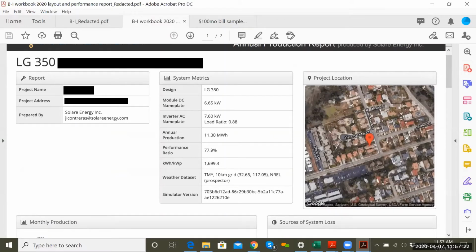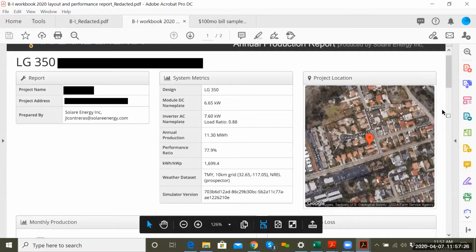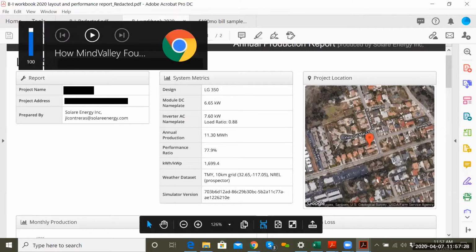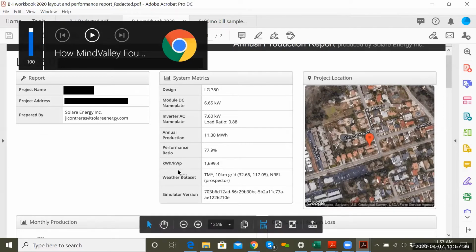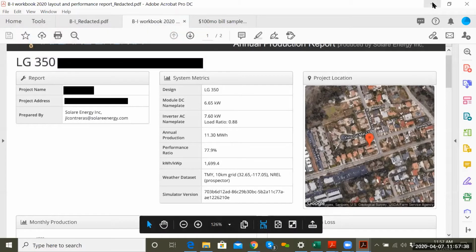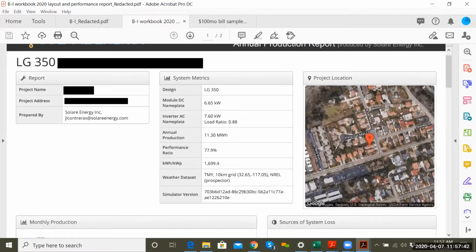Well, probably the most useful part of this is it's both a visual aid to allow us, the solar contractor and consumer, to get a visual with regards to where the panels will go on the roof, as well as to estimate the production. So if we look at the top part of the page, the first thing that I'd like to mention is the weather data set and